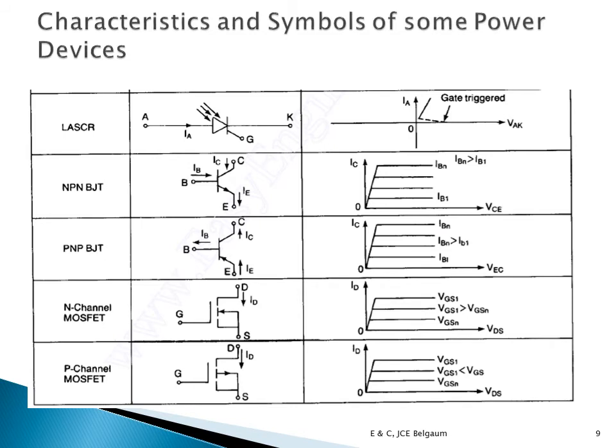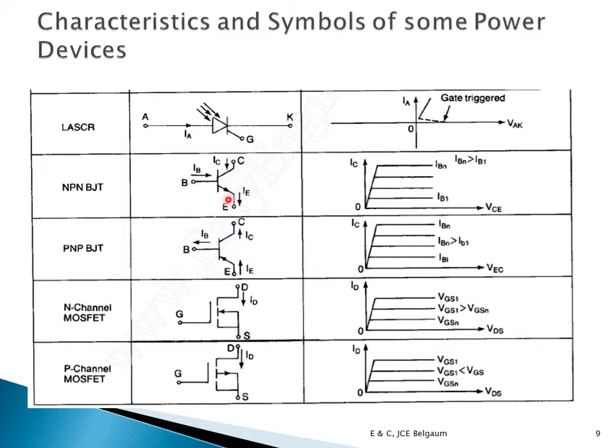Here you don't use the gate current to turn it on, but light is made incident on this SCR and it turns on. So if you see the first quadrant, it is similar to an SCR, except how you apply the gate trigger. It is through light, and hence the name LASCR.